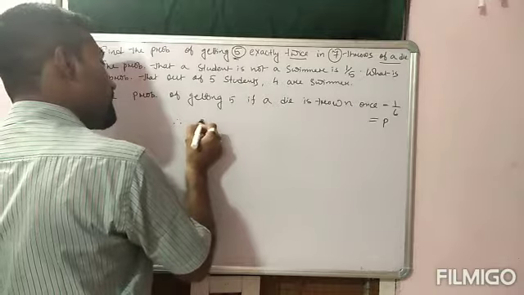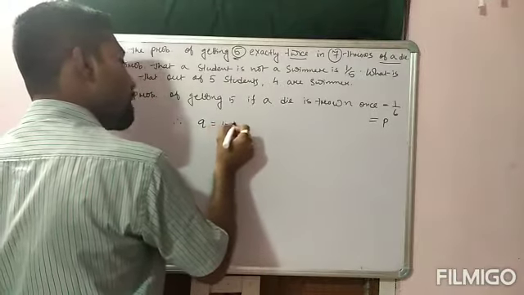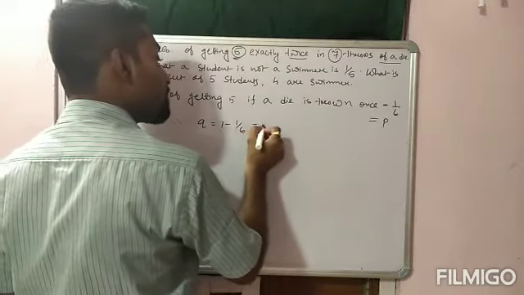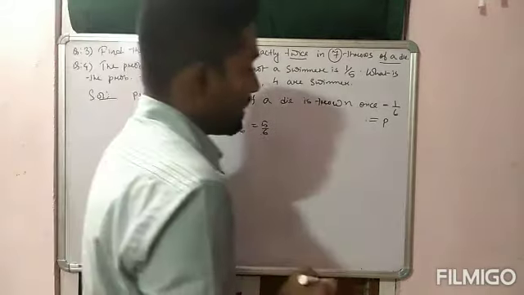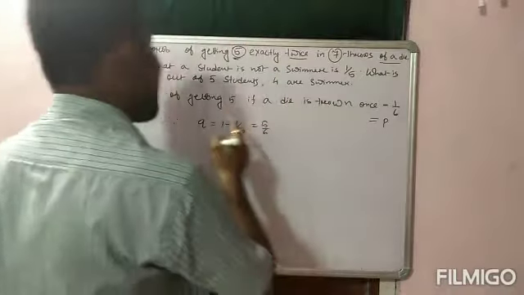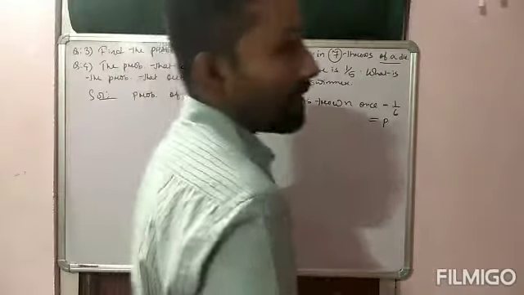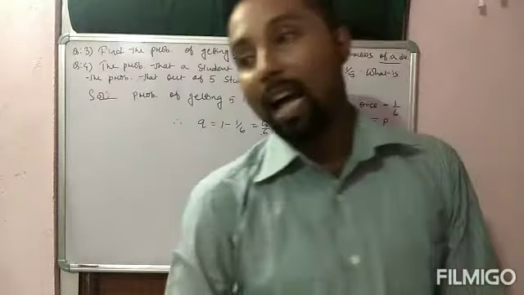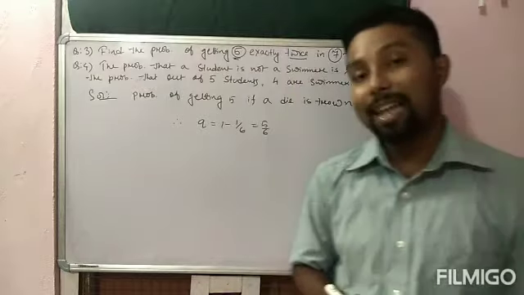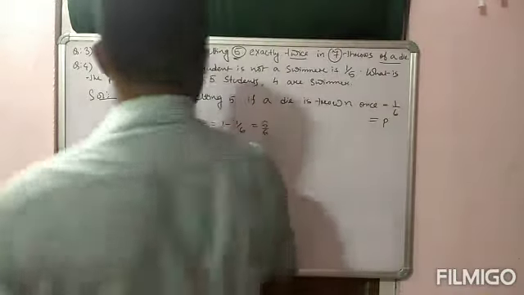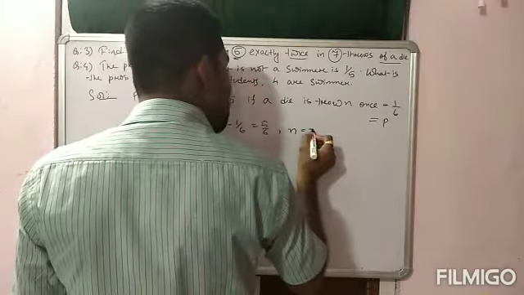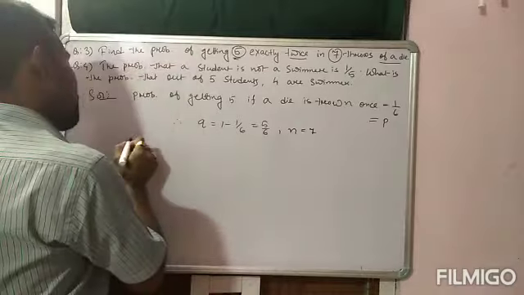So if this is p, therefore q is equal to 1 minus 1 by 6. That means 5 by 6. Yes. Okay. So now we know the values of p. We know q. So what about n? N means how many times you have to throw the die? 7 times. So here n is equal to 7. So therefore